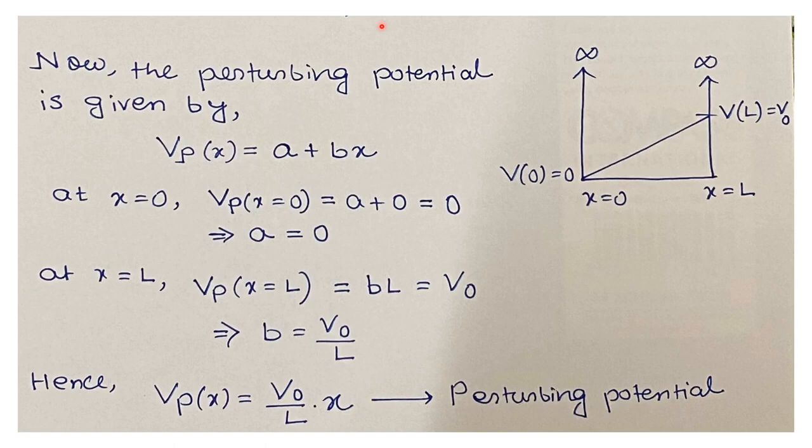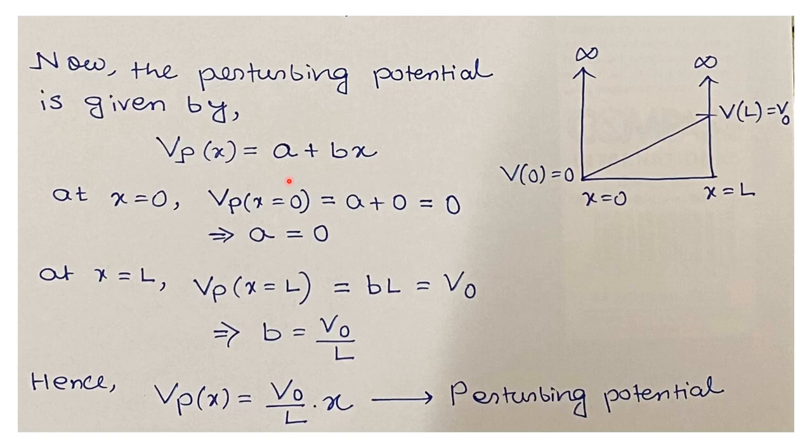We already know about the wave function or the eigenstate of the particle in the unperturbed system. Now we will include the perturbation, which is varying linearly from x equals 0 to x equals L. So the perturbed potential will have the form A plus Bx, which is the equation of a straight line. So we will apply the boundary conditions of the perturbed potential to find the coefficients A and B in that